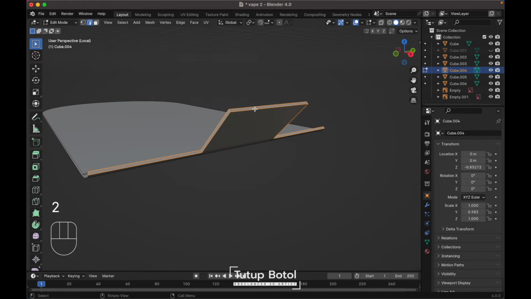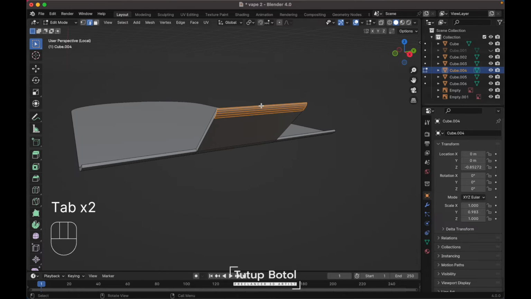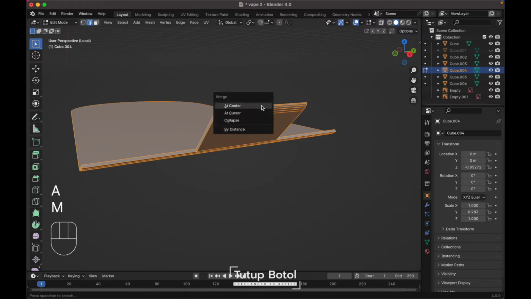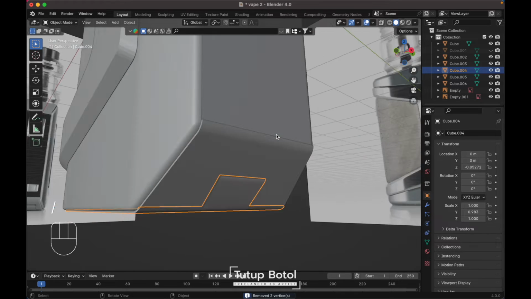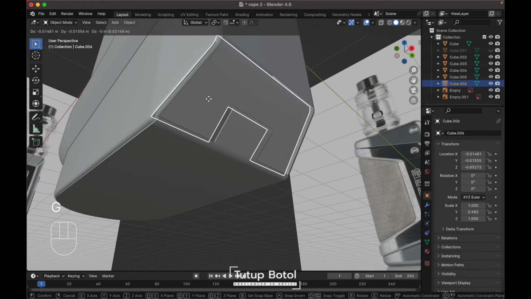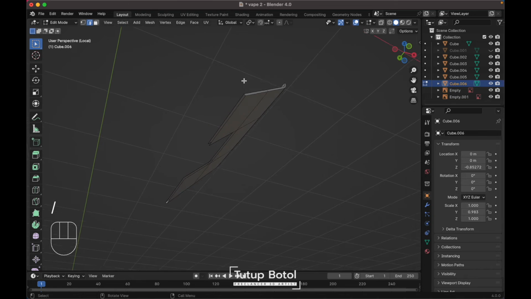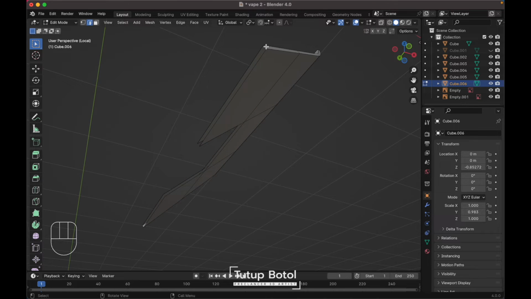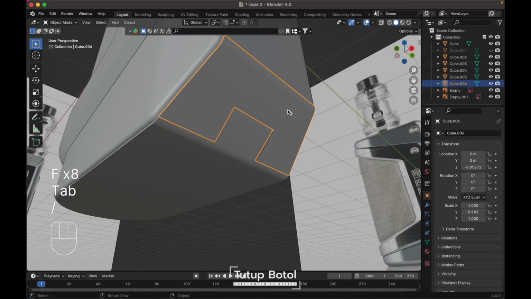Okay, just select this edge, press Ctrl B, bevel it, increase the segment, just like this. Press A to select everything, press M, and merge by distance. Press slash again. We need to do the same thing over here. Tap to the edit mode, press slash, just fill this one, just fill the hole, press F. Okay, press slash again,